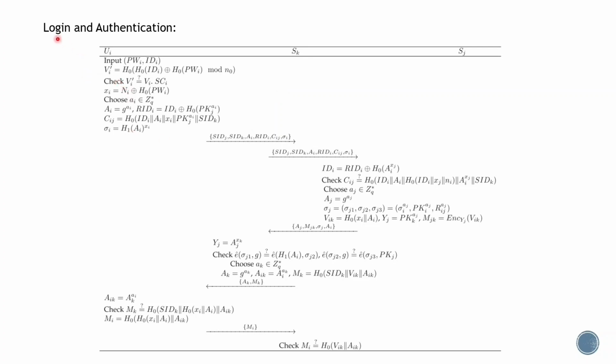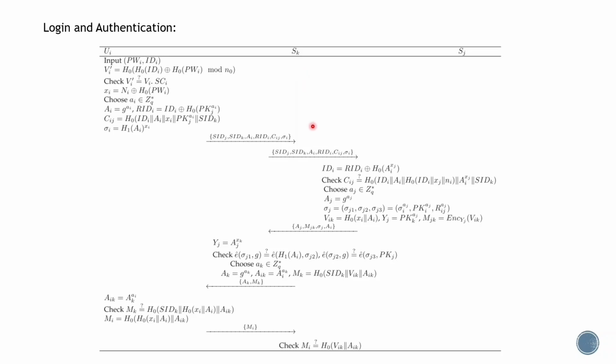Now the user, during the login and authentication phase, enters his ID and password. He uses a fuzzy verifier to verify his password and tolerate minute variations. The smart card generates a login request and sends it to the foreign server when the user wants to authenticate. The foreign server then forwards the request to the mother server. The mother server verifies the user, and upon successful verification, it sends a confirmation message back to the